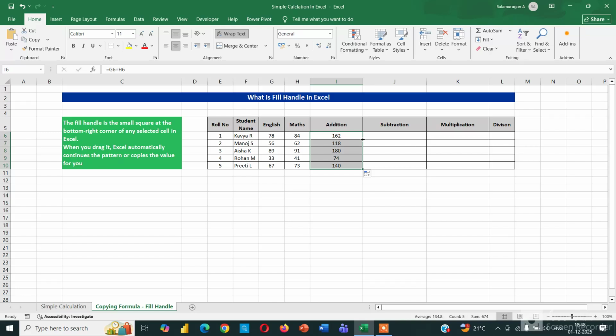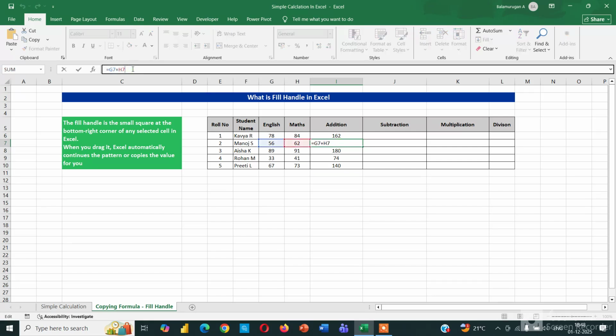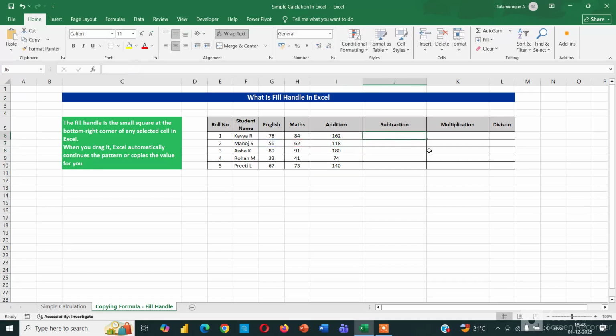Simply double click. You will get the formulas copied here. For example, see the formulas are copied down. Double click. You can double click also. Or suppose,